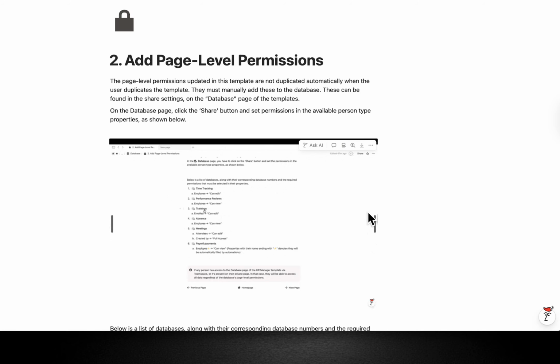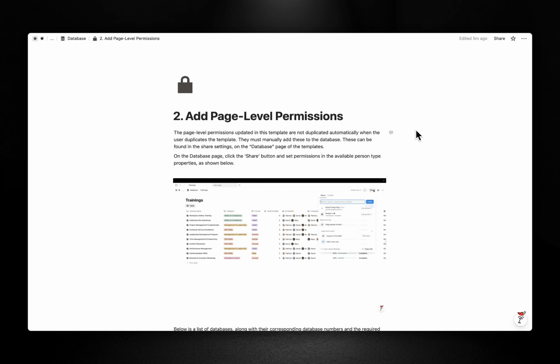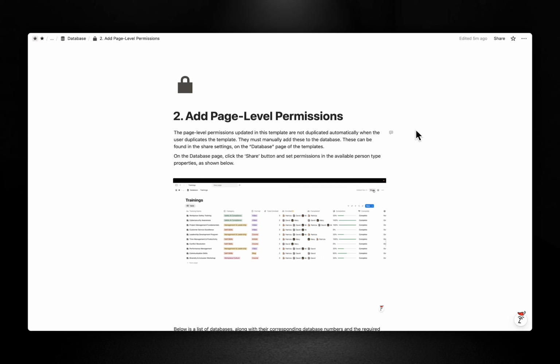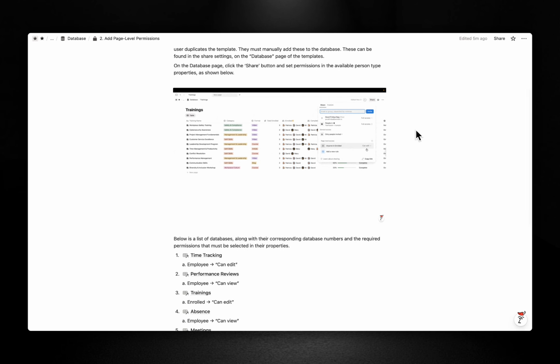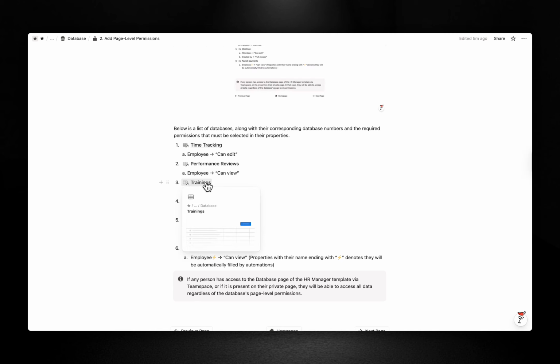Next up is a very crucial part because the duplication of the template won't duplicate the page level permissions automatically. You have to manually go to the database page, click the share button, and set the permissions in the available person type properties as shown below. So from this list of properties, which requires a rule to be set, I'll show you an example from the